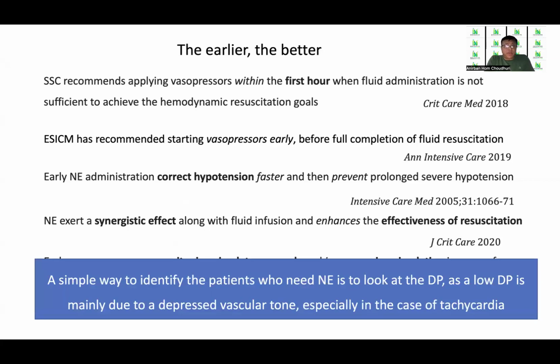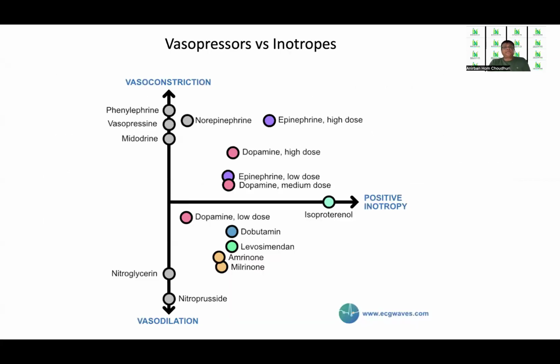A simple way to identify patients who need norepinephrine is to look at the diastolic pressure, because a low diastolic pressure is mainly due to depressed vascular tone, especially in the setting of tachycardia where the patient presents. So if you look into this chart, you can see that certain drugs, phenylephrine, vasopressin, midodrine, have a vasoconstrictor